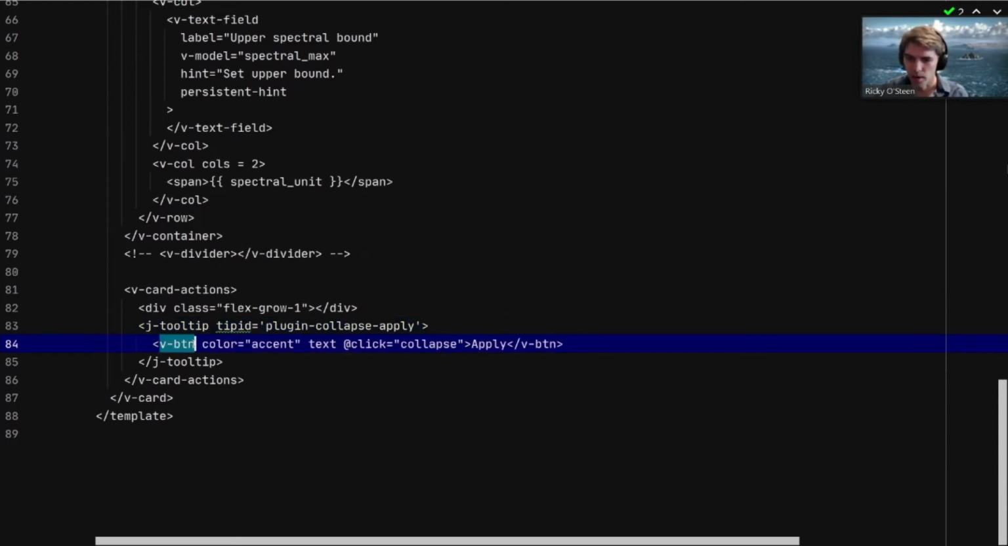And then there's a V button. This is just a Vuetify button class with our accent color, which is orange. The text is apply for the button. And the important thing here that I wanted to show is this @click behavior, so this is what happens when we click the button. This is just labeled collapse, which is not super informative, except that in our collapse.py